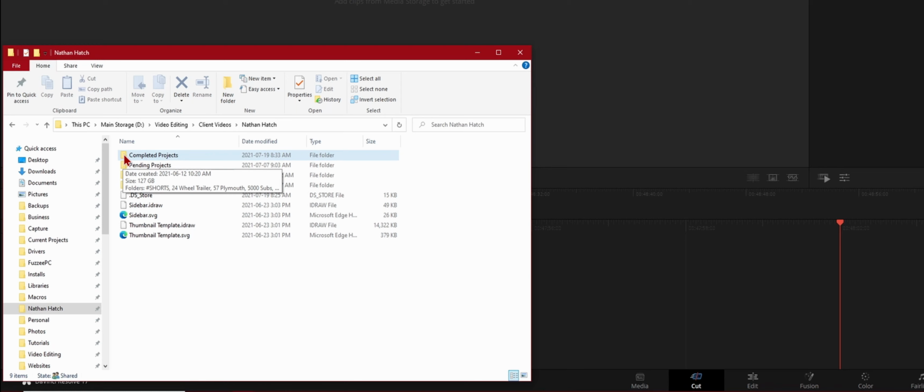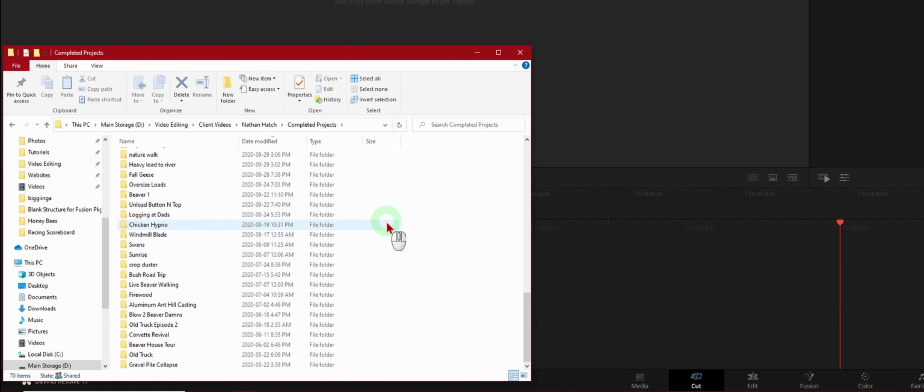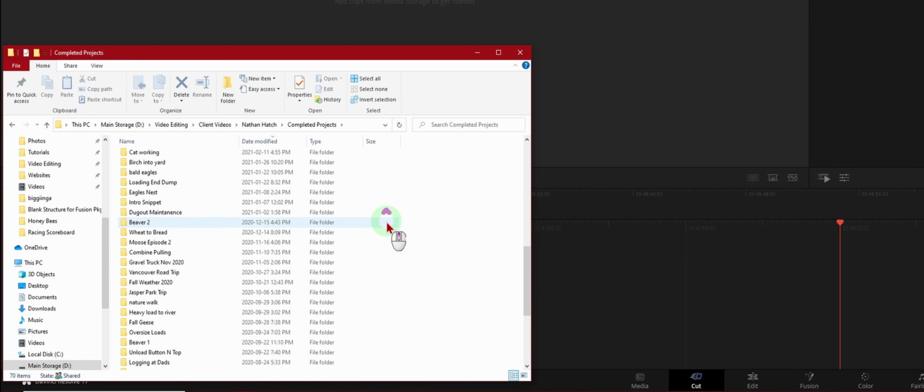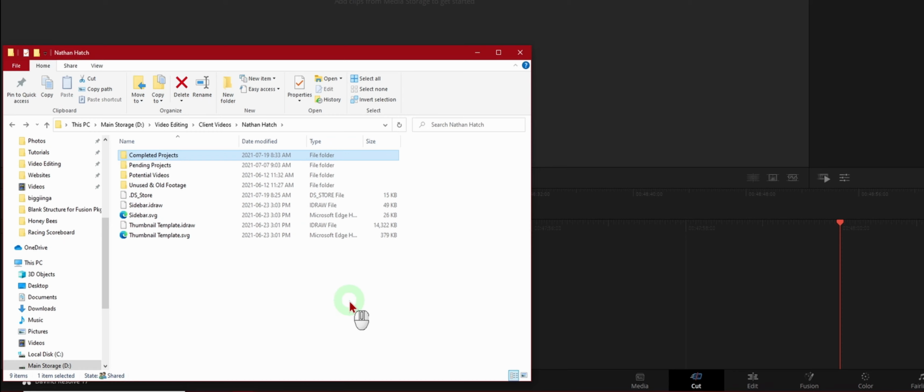I had to go back and reorganize, and it took me hours and hours of moving stuff around. So you'll see we've got quite a few completed projects in here, and this represents about a year's worth of, or actually not quite a year's worth of work for this person. So this way we can go back and revisit the projects and that kind of thing. And then for the actual working area where I'm working with,